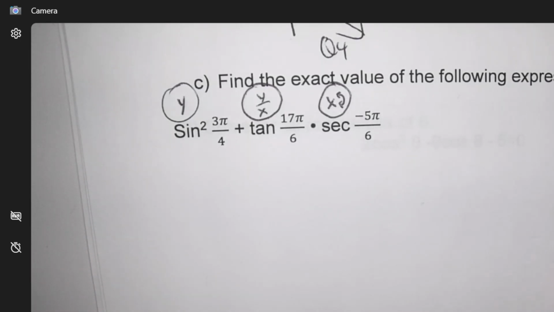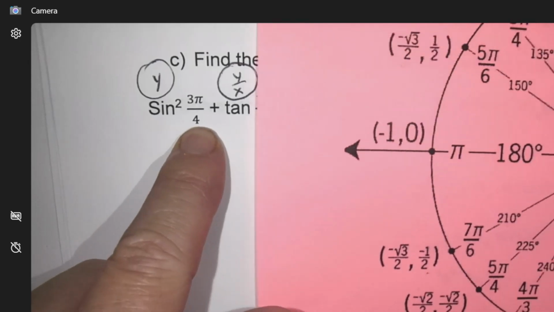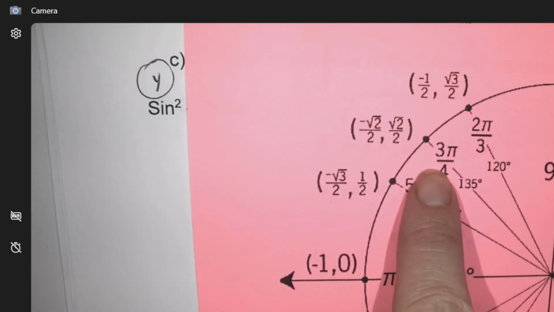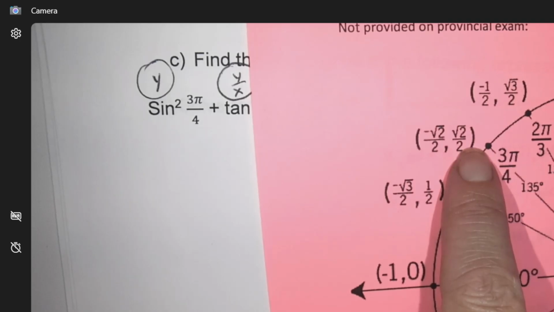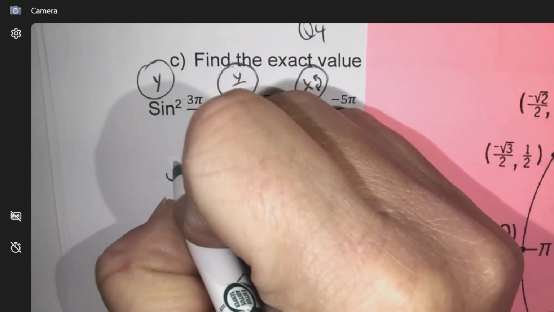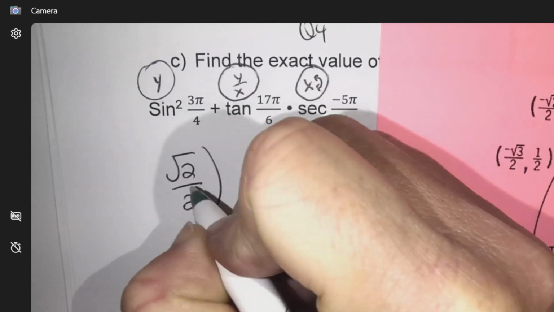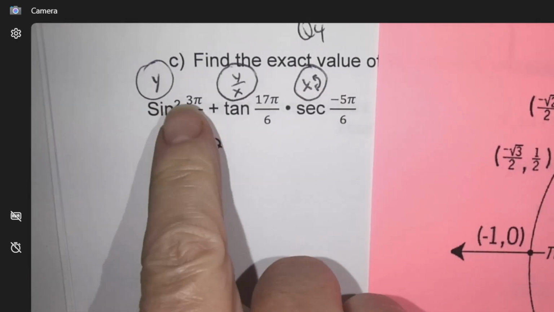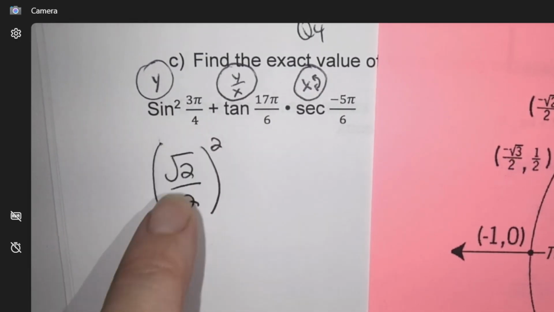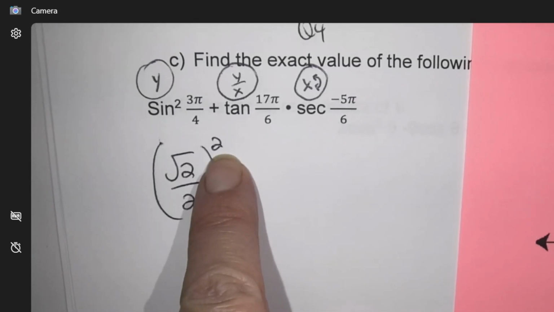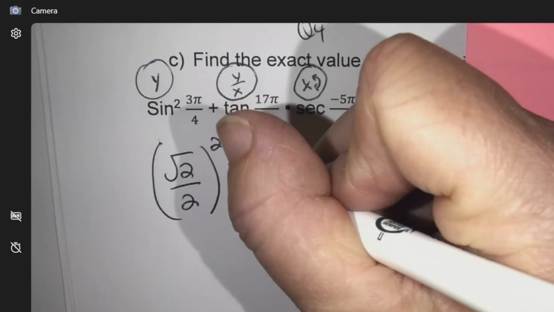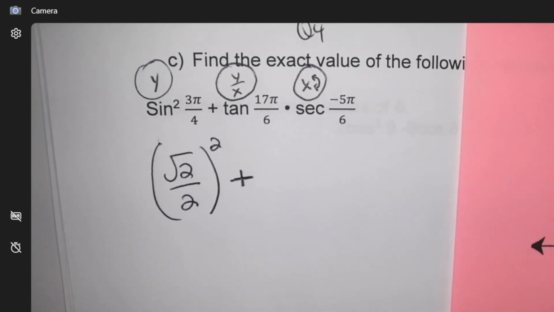Okay, so those are the what's. Okay, so 3 pi over 4. So here's my 3 pi over 4. The what is the y coordinate. So root 2 over 2, but my math is going to tell me I have to square that value yet. We'll do it later, but here's the value, and we got to square it. Plus